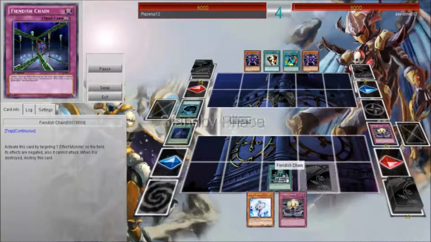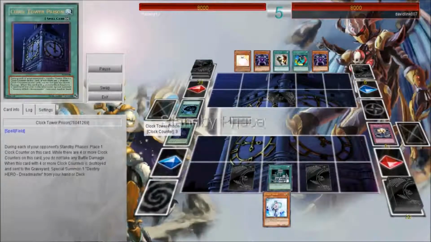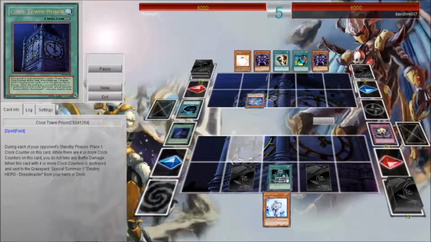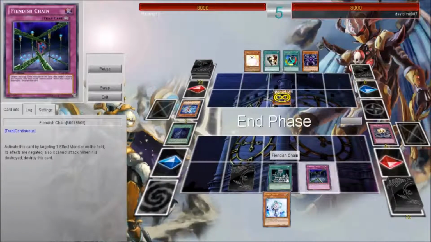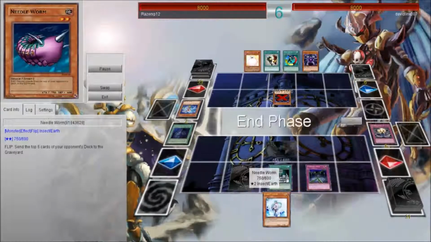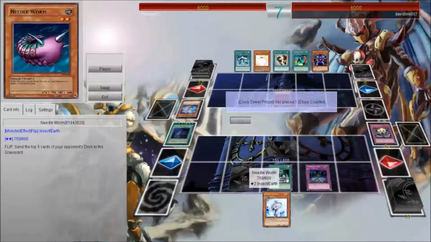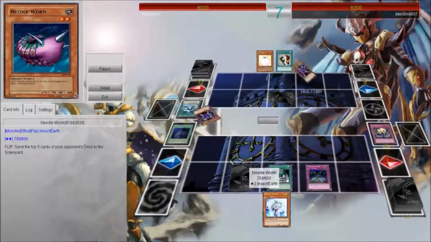And I got a bunch of cards in here to protect it. There's Magic Reflector, Card Guard, and a whole bunch of cards to stop effects, like Effect Veiler, Fiendish Chain, stuff like that. And there's cards in here that allow me to deck out my opponent as well, like Needleworm. And I can't remember the other worm I have in here, but